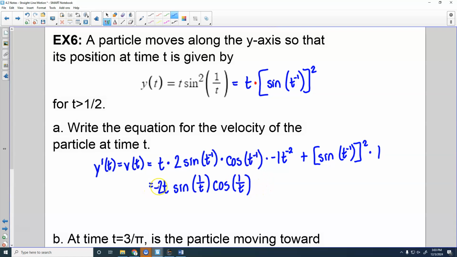That'll make this 2 negative. And then I've got t to the negative 2 right here, which means this is like over t squared. One of those t's right there will cancel. And then I'll have plus,